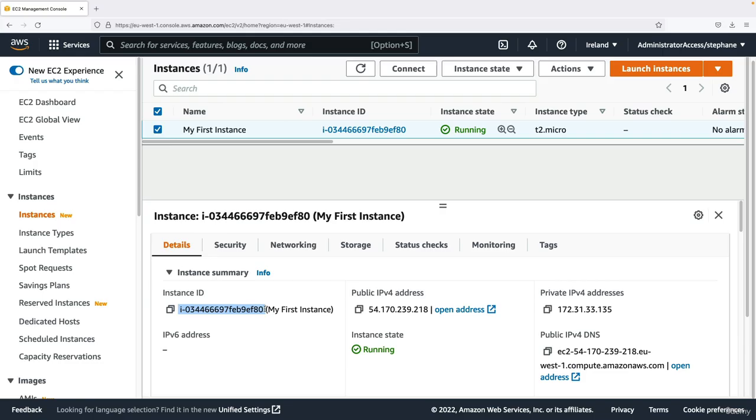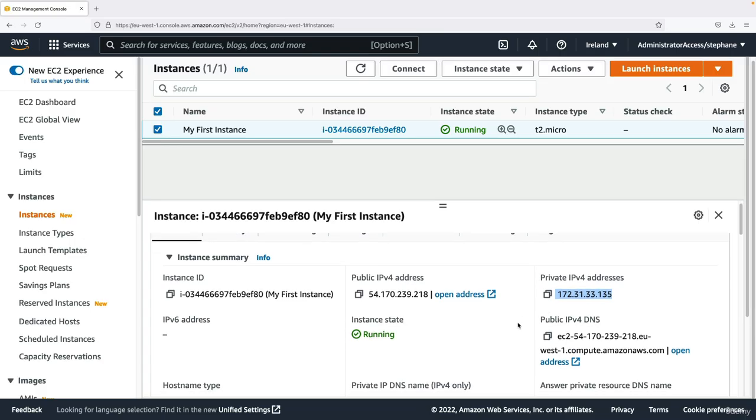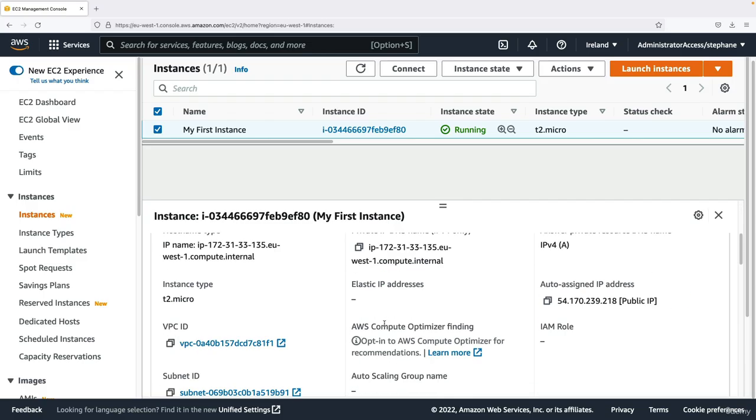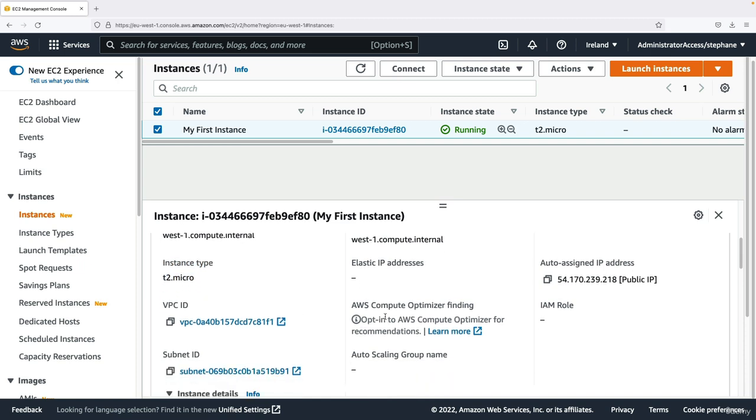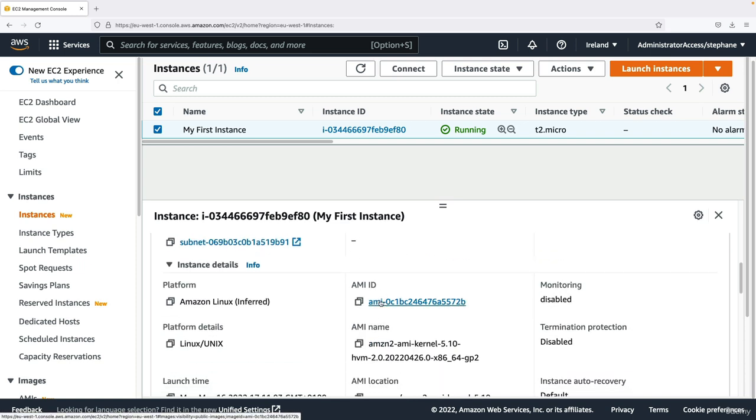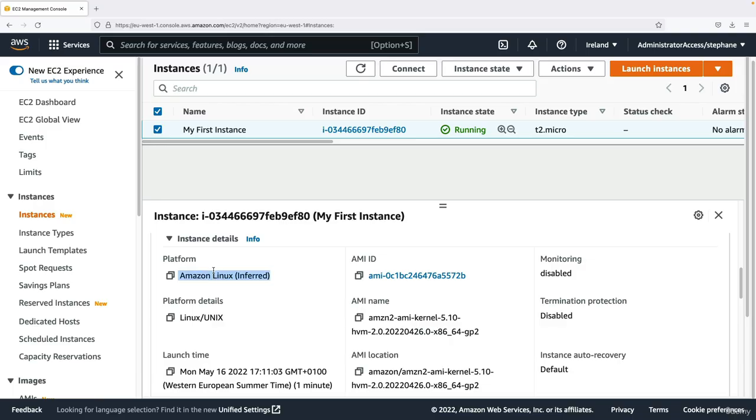which is just a unique identifier for my instance. There is a public IPv4 address. This is what we're going to use to access our EC2 instance. There is also a private IPv4 address, which is how to access that instance internally on the AWS network, which is private. The instance is running, and we get some information around host name, private DNS, which instance type we have, so T2 Micro, as well as, if you scroll down, the AMI we're using, which is Amazon Linux 2,